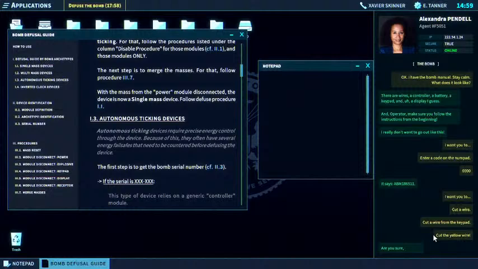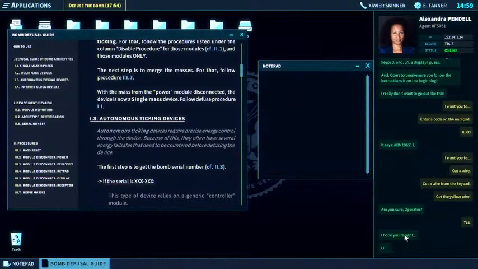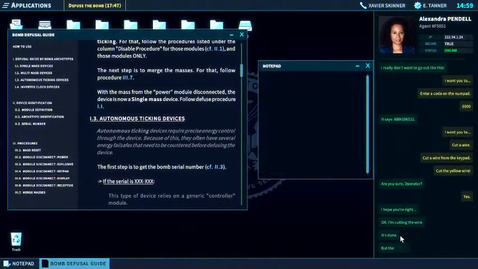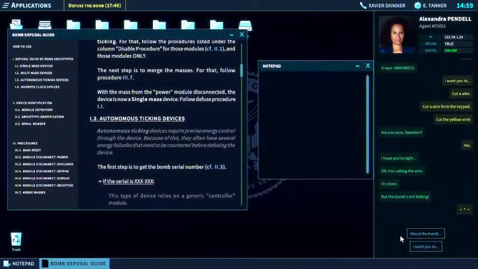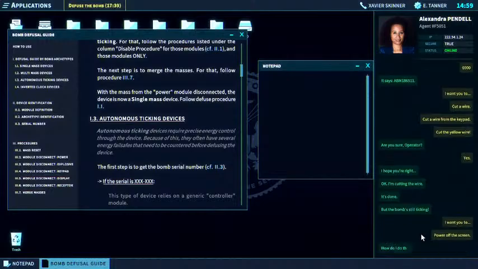Are you sure, operator? I hope you're right. Okay, I'm cutting the wire. Oh, it's done, but the bomb's still ticking. How do I do that? Wait.